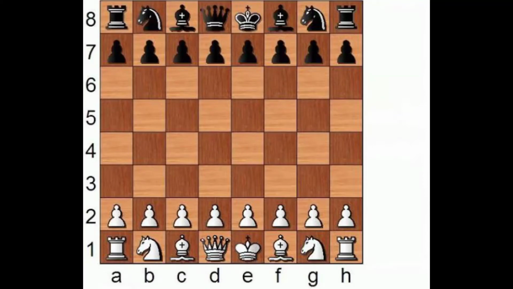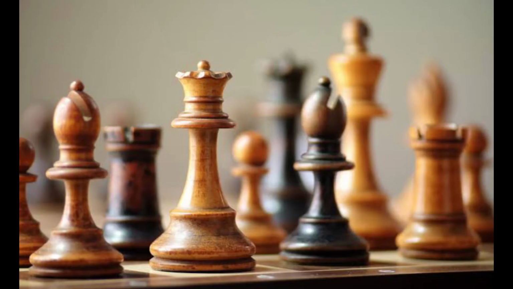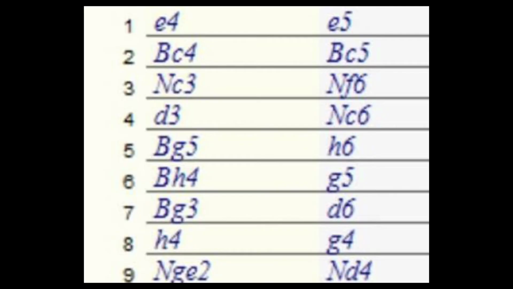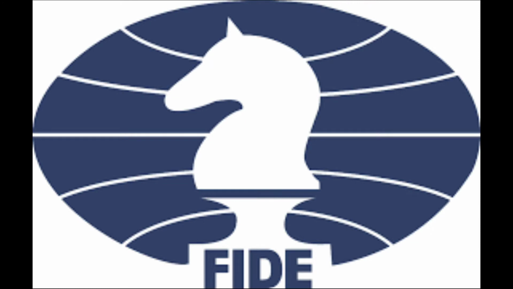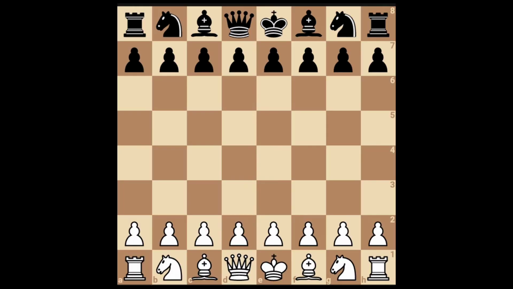So recently many players have started playing chess and they get confused with the chess language. Algebraic chess notation is an official method recognized by FIDE for recording and describing the moves in a game of chess. This is how we read, write and talk about chess, and you can easily record your games using these notations. Let's start with the absolute basics.